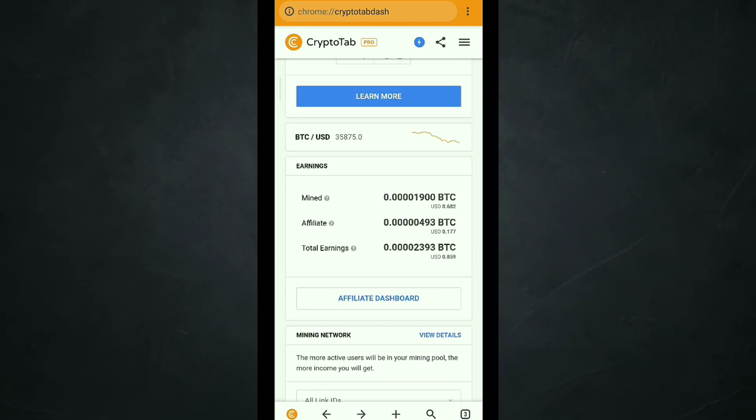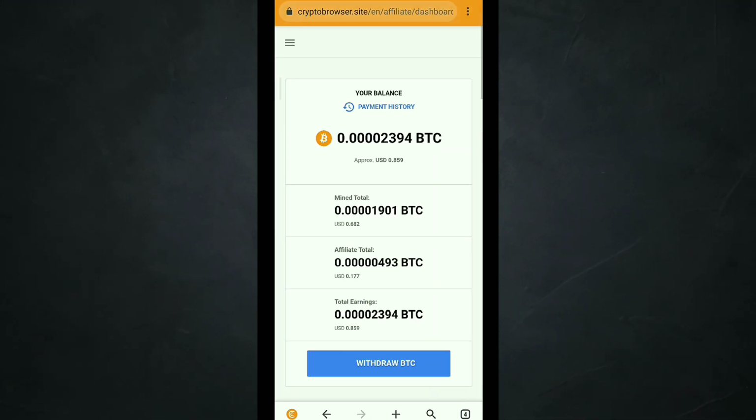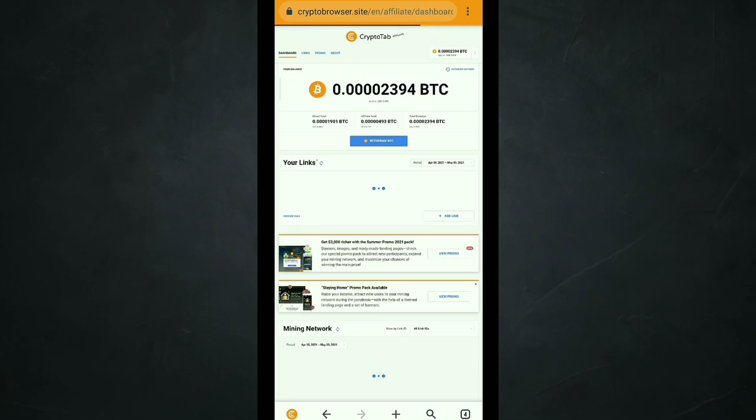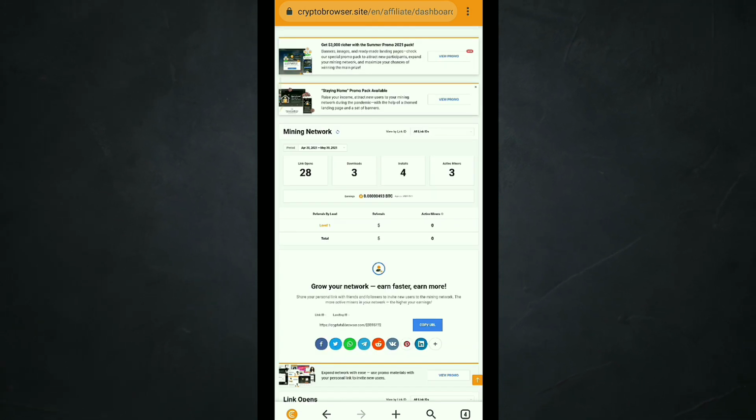How much can you earn from the affiliate program? For that, go to the affiliate dashboard. Click on the affiliate dashboard. I am putting this on desktop mode so that you can see everything easily. This is my mining network.